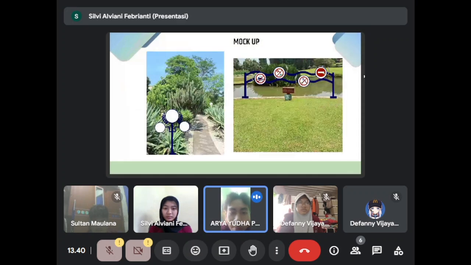And finally, we have a mock-up, which shows the EGD that we made applied in real life. The result we made still has some shortcomings in wayfinding and some other things that we cannot describe, but the rest we will make in the assignment book and we will pack it neatly and completely.